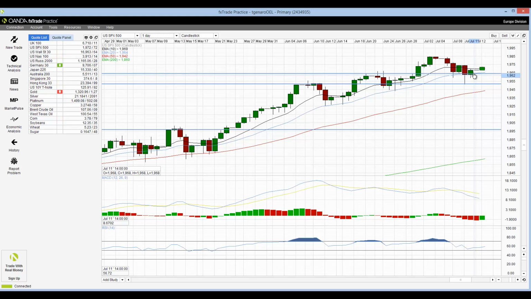You can get signed up for that on the OANDA website. And we're just getting a break of the high of that candle, which gives us an indication that more than likely we're moving back higher, back up into that 1980 level. So once again here, things looking pretty bullish on the U.S. equities markets for the upcoming week.